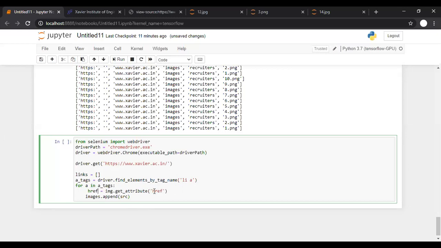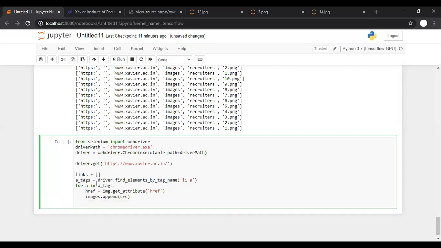Instead of images dot append src, it should be links dot append, and what we append is href. So we are getting all the anchor tags inside li tags, getting the href attribute, and let us print it over here.